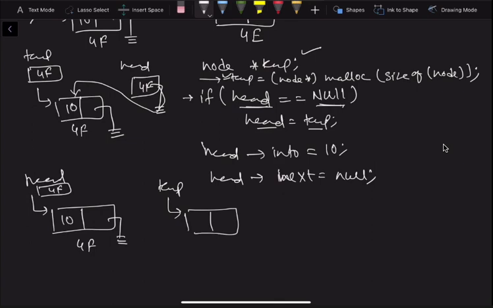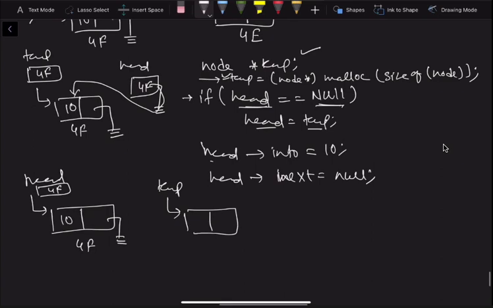But then there is again a problem. What is the problem? The problem is when you make head information equal to 10, it will make the change here. So instead of 10, let's say you wanted to assign it with a value which is coming from a function. So the new value is, instead of 10, it will become 20, but then it is not added. The previous value is lost.